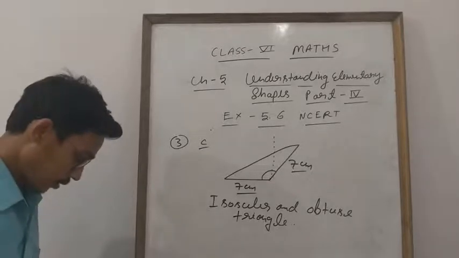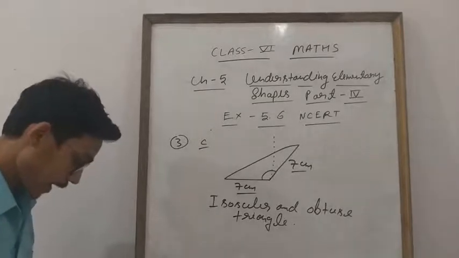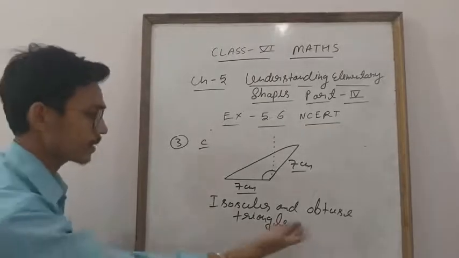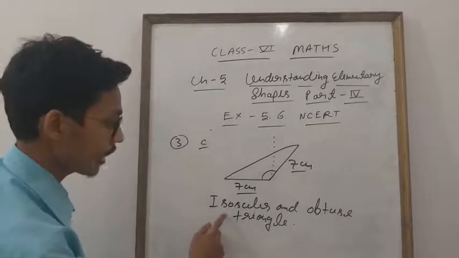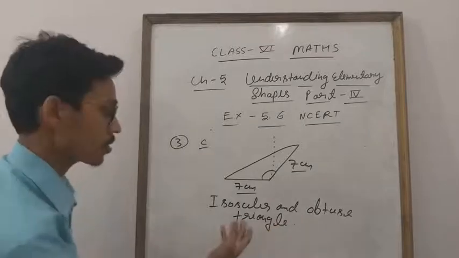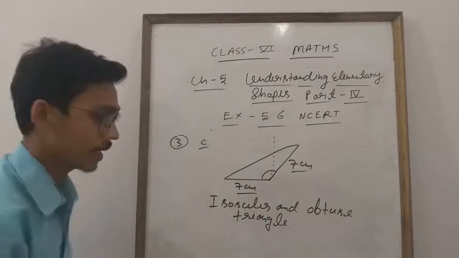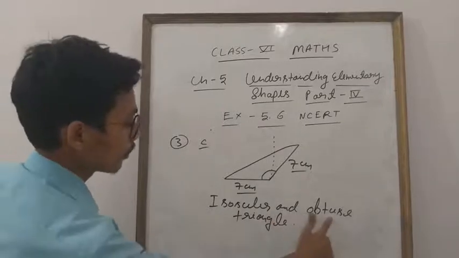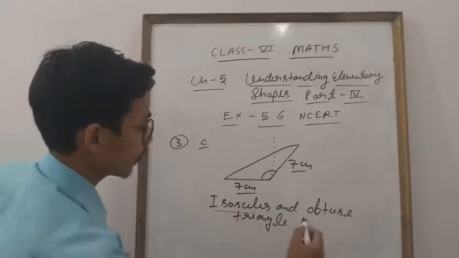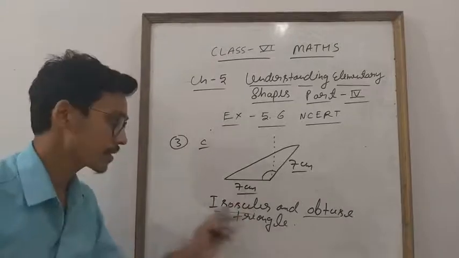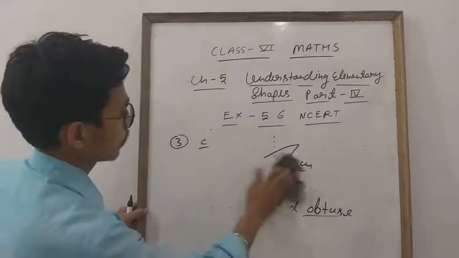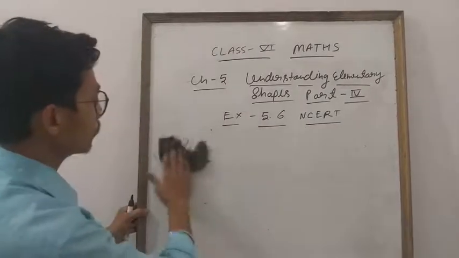Okay. So now move to exercise 5.7. Let's come to 5.7, everyone. Now look, the name is given in the book in a different way. In your book it is given as isosceles triangle and obtuse. You can also write isosceles and obtuse triangle or isosceles obtuse triangle. Okay, but the main thing is that both are very important. What is this? On the basis of side, on the basis of angle. Okay everyone? So you will write down. Clear everyone?